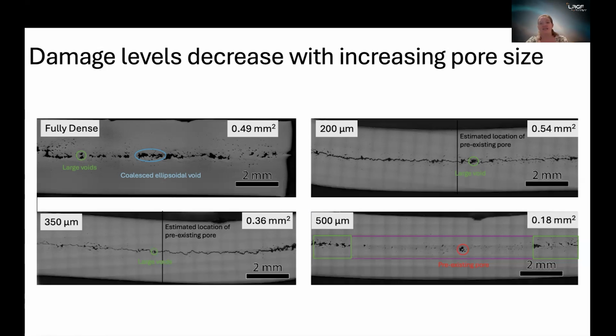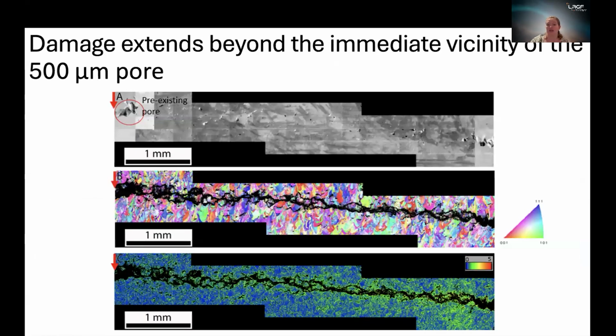Overall, we see a lot less damage as well, with only 0.18 millimeters squared. So as we increase pore size, we see a change in how the damage is forming as well as a decrease in damage overall. And we see this continuing when we look at EBSD. The top image is SEM, the middle is EBSD, or electron backscatter diffraction, and a kernel average misorientation map